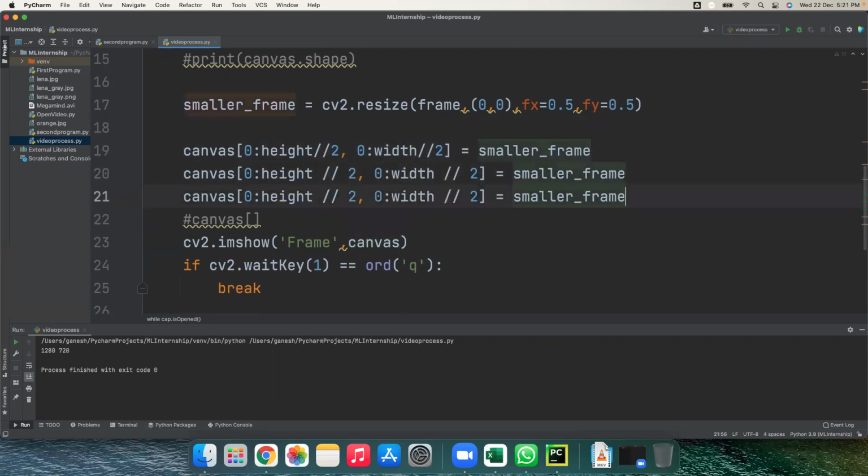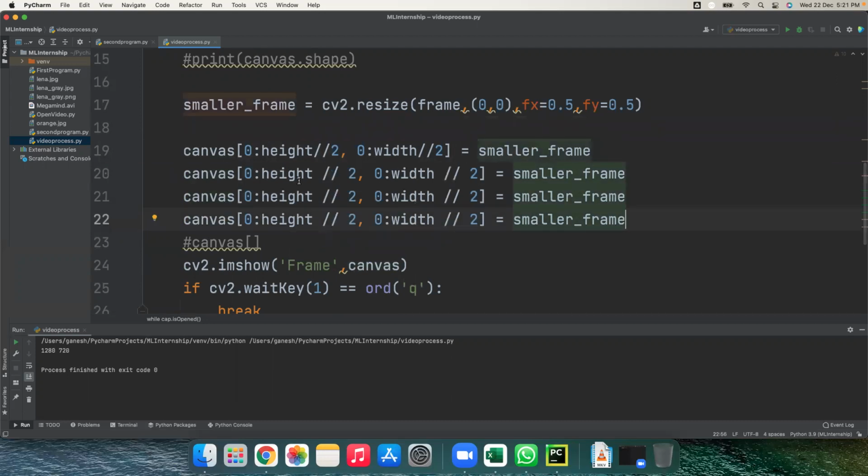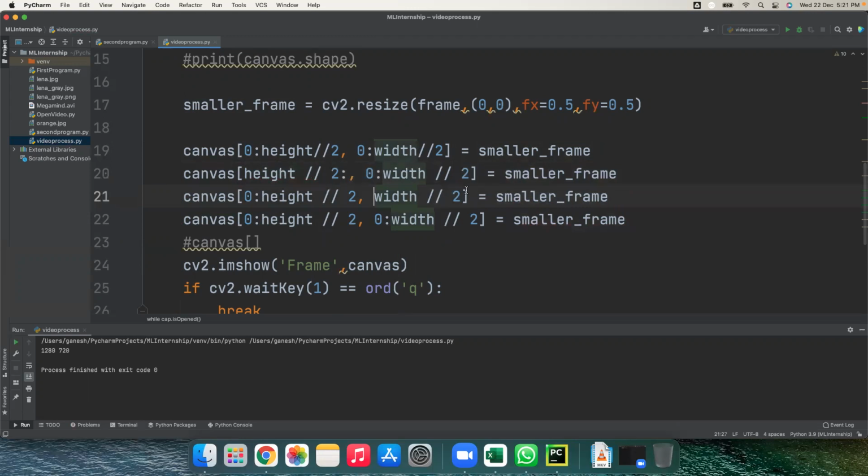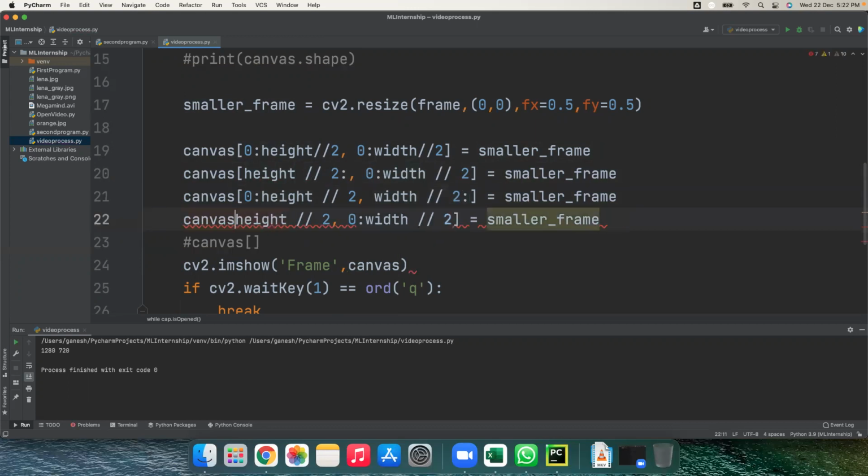I'm placing all these values. So the first one is height, 0 to height, and height to colon, and then 0 to height and width to colon, and then width to colon.